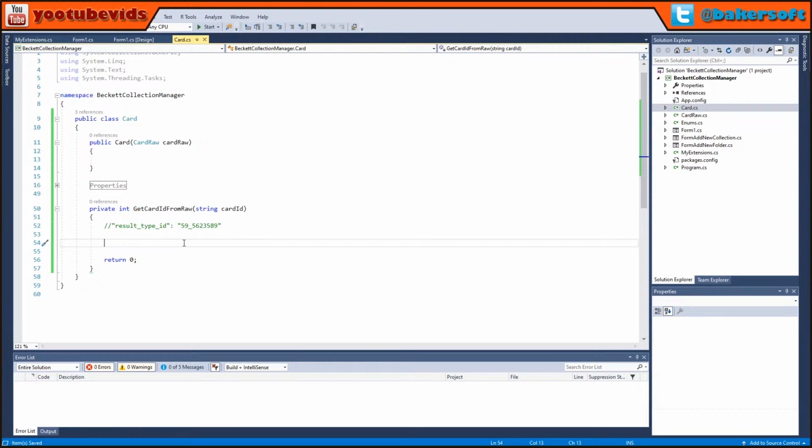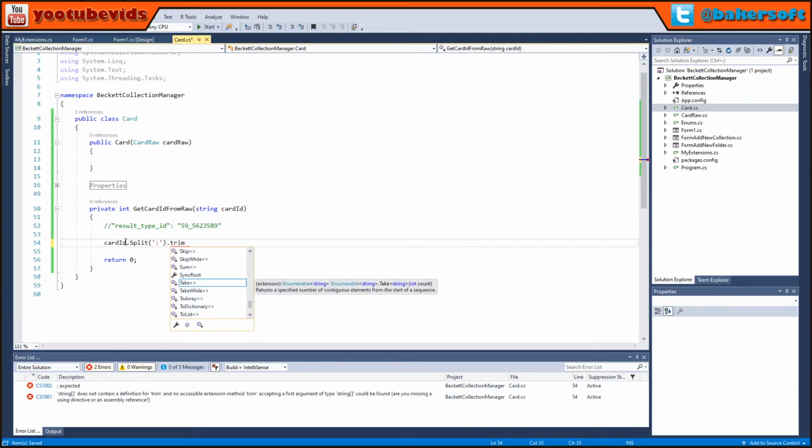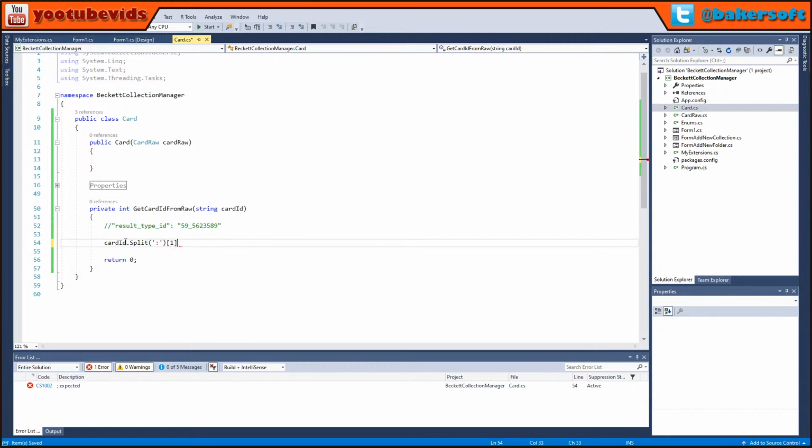So what we can do is we can just say card ID dot split on the colon dot trim. Oh, no. So take the first element dot trim. I think I can specify. Yes, I can. Params. Oh, so I can specify a bunch of items to remove, but